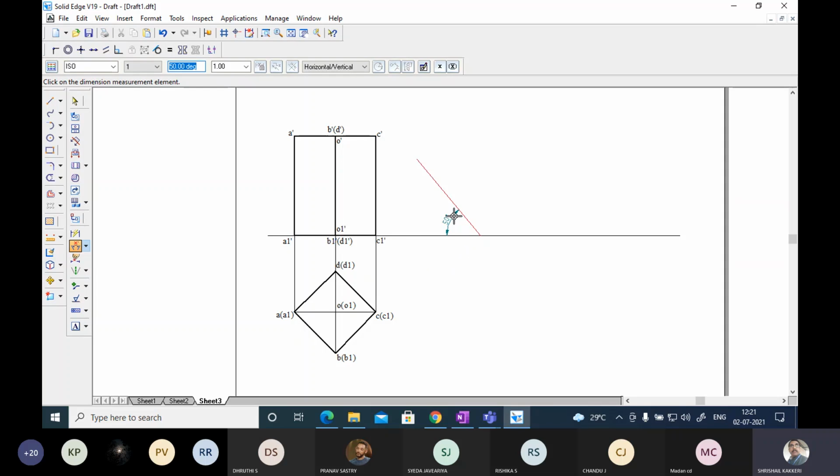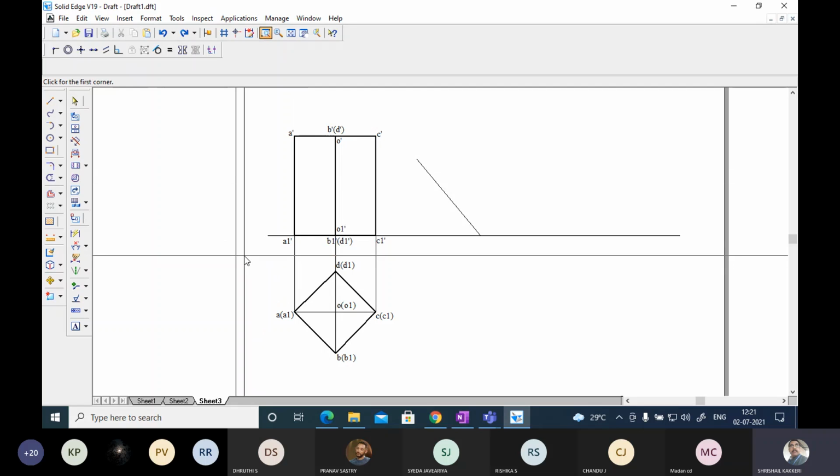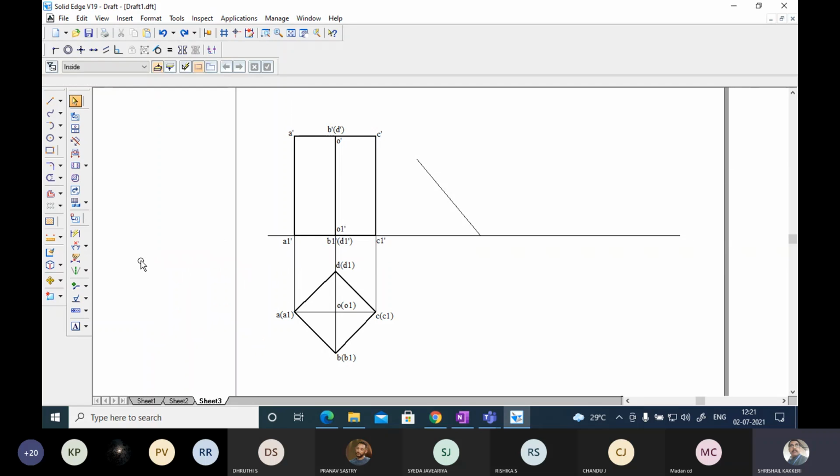50 degree. But I don't want to show this 50 degree. I want to show the inclination to the axis. I don't want to do it. Now what I am doing is select whole thing, and before that, please make it compulsory. Always write the dimensioning in the beginning only, because you will be forgetting it.